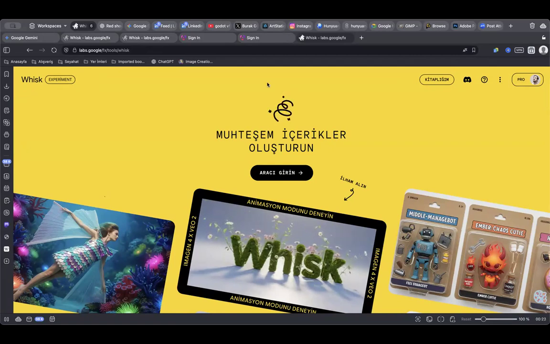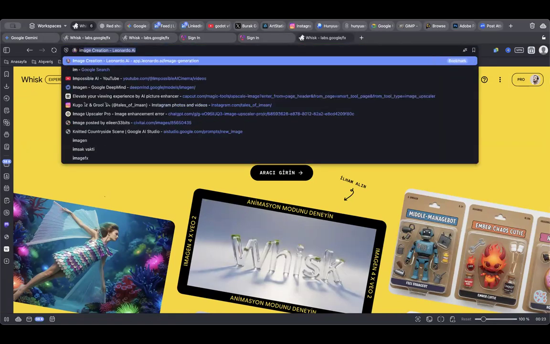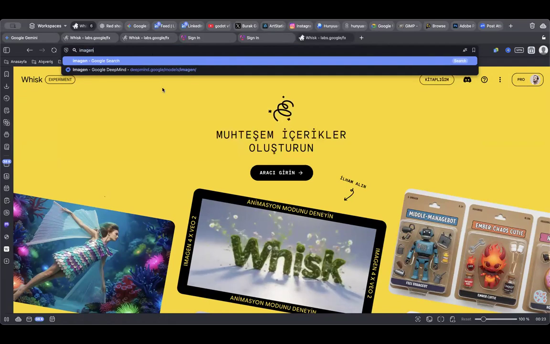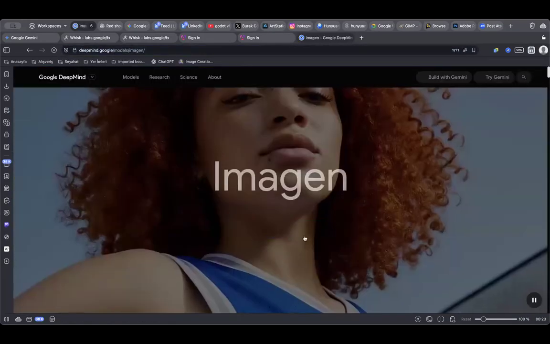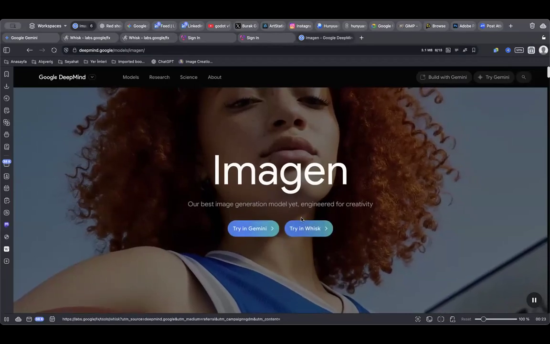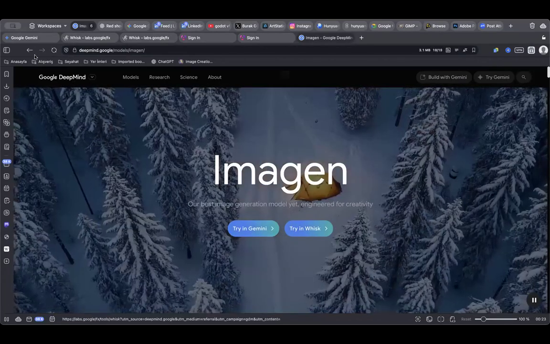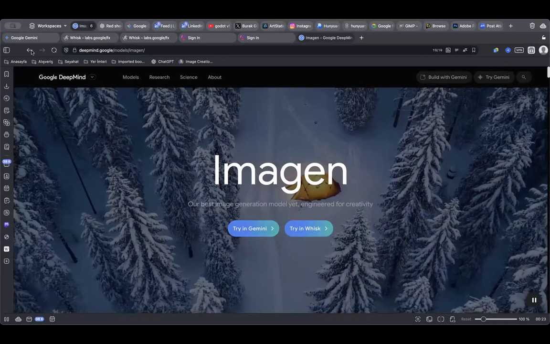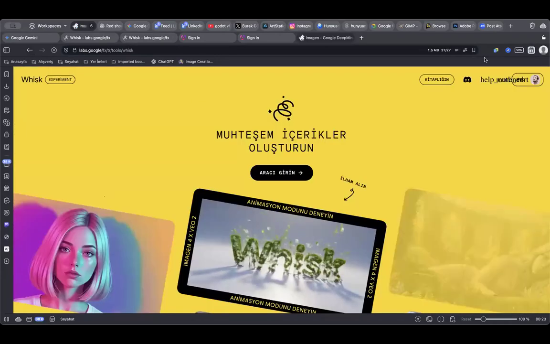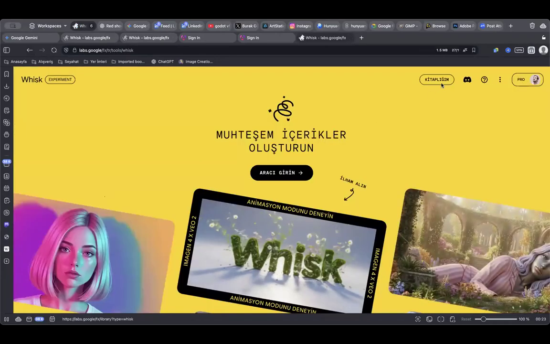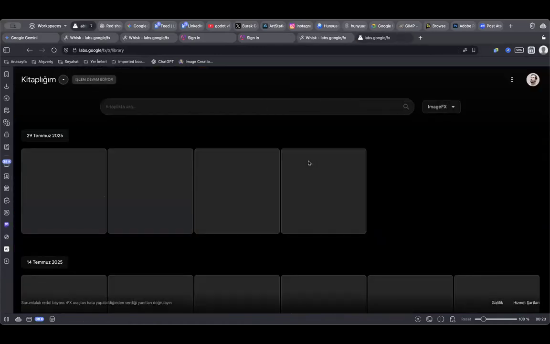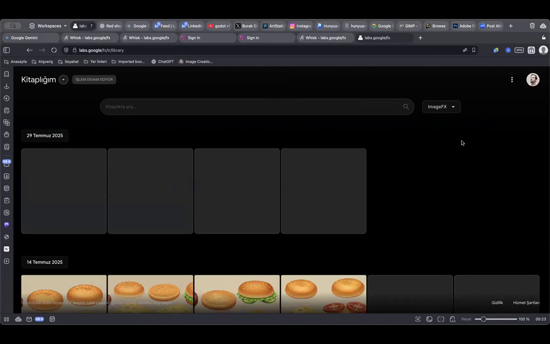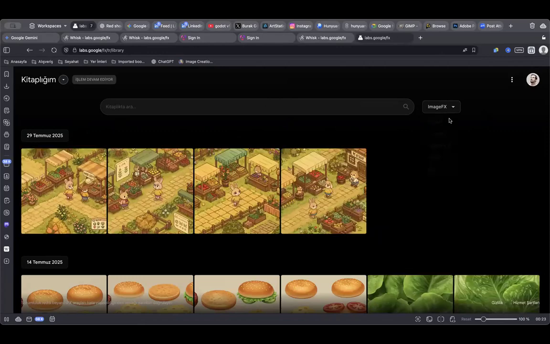Also, there's a tool called Imagen. Imagen is more into, let me show you Imagen. Actually, the UX is quite bad, by the way. User experience is quite bad on these tools. Even though I have used it for a long time, they are still changing things quite fast. For example, you can use, okay,